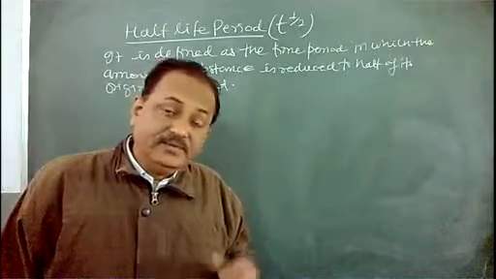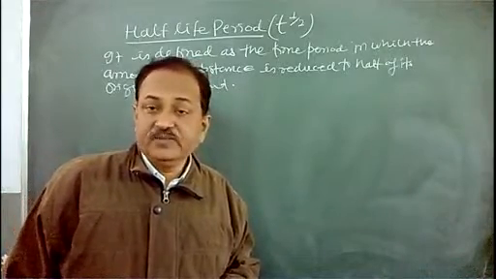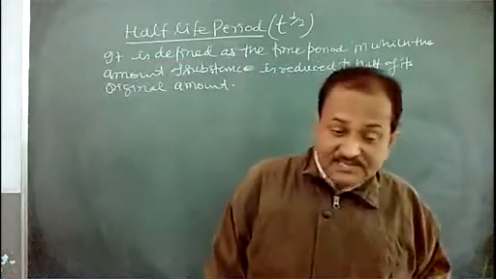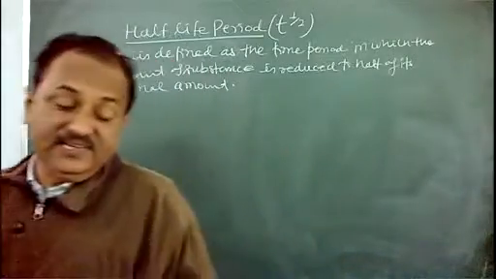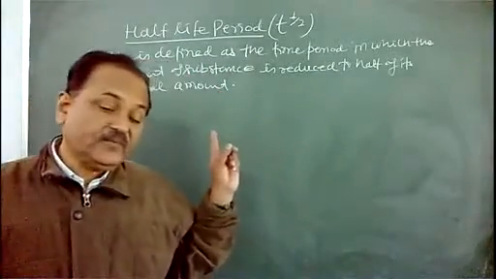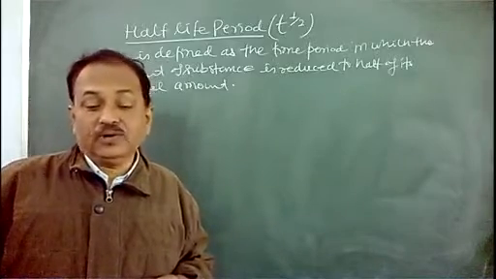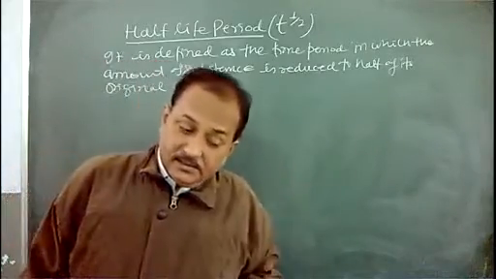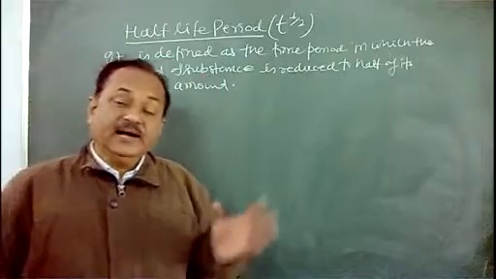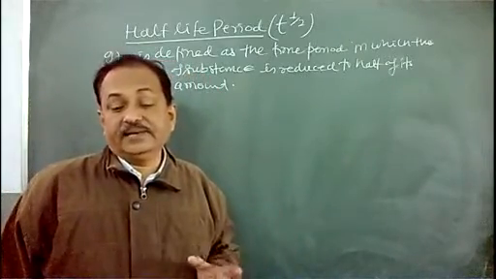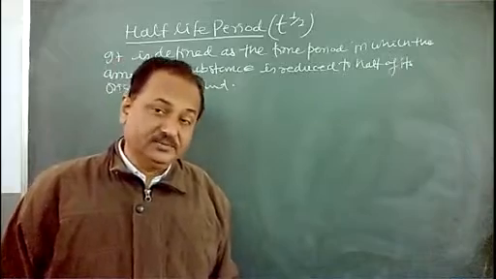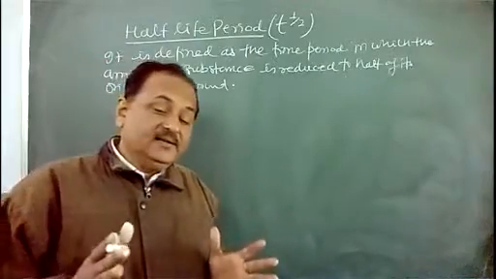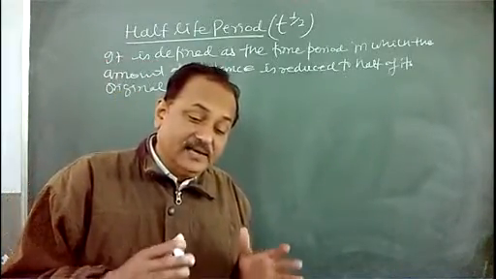So children, this is a very important term in chemical kinetics and nuclear chemistry also, because the nuclear materials or radioactive substances are highly stable and they remain in nature for millions of years. That's why the concept of half-life was incorporated. This is the reason radioactive substances are able to remain in nature for millions of years, and as a result we use this term to make the time period slightly reasonable.